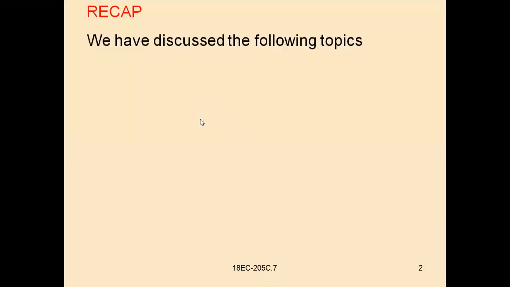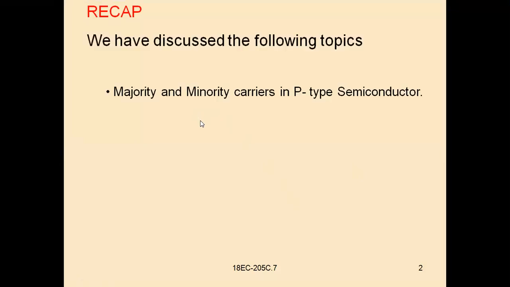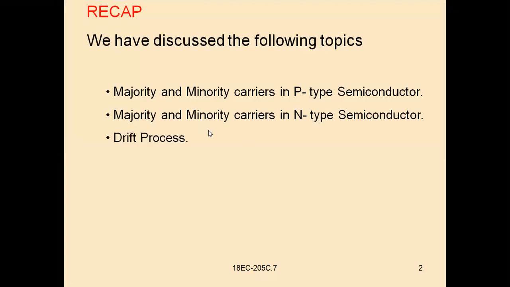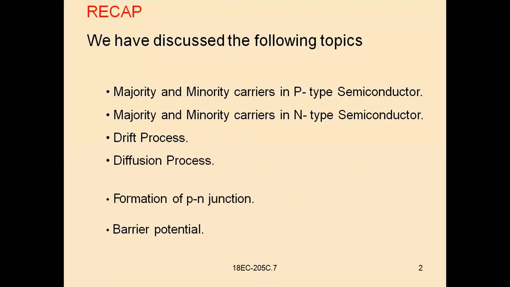In the last session, we discussed majority and minority carriers in p-type semiconductor, and also minority and majority charge carriers in n-type semiconductor, the drift process as well as the diffusion process. We have also seen the formation of the p-n junction and barrier potential. Today let us discuss